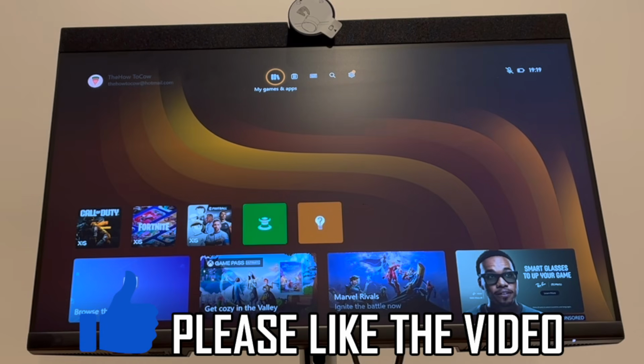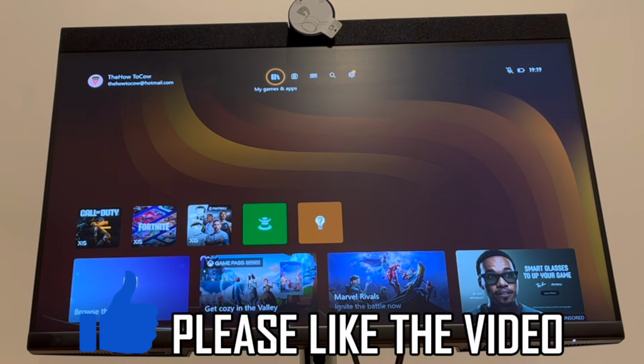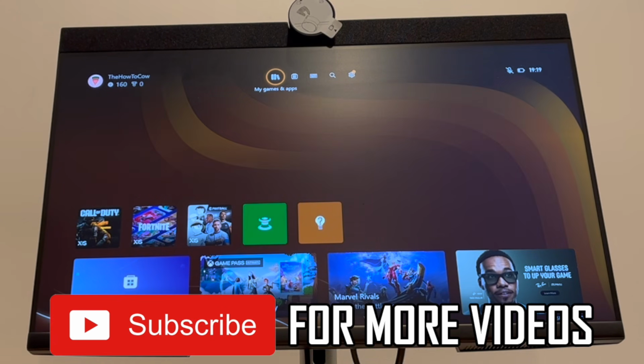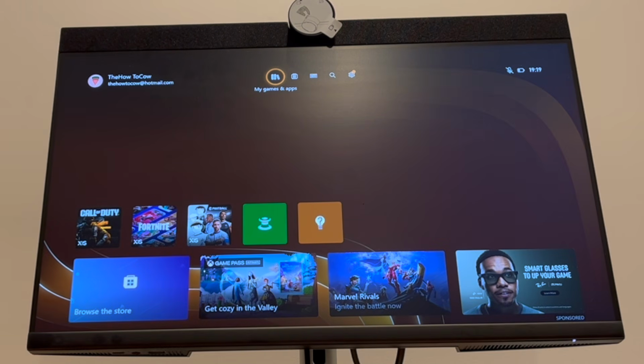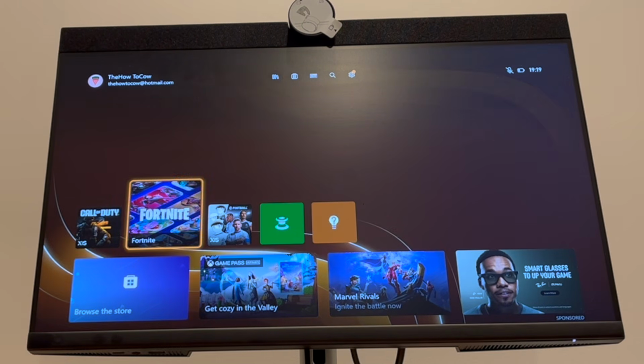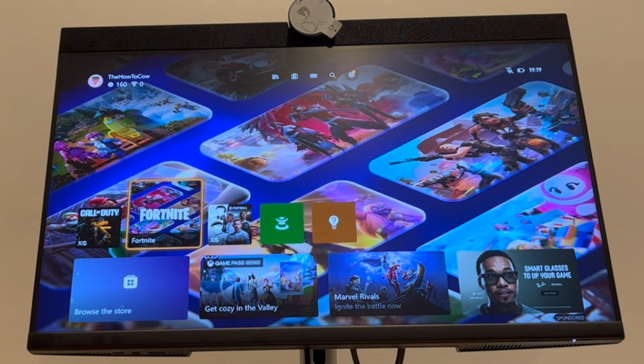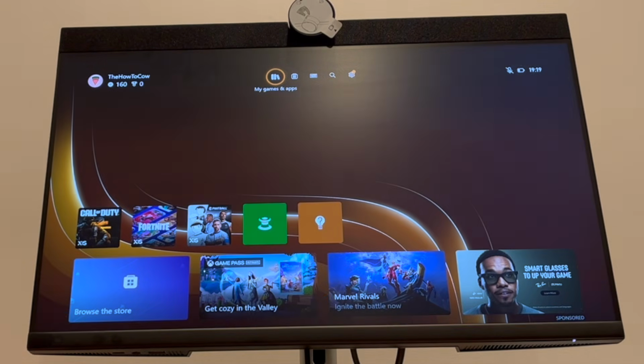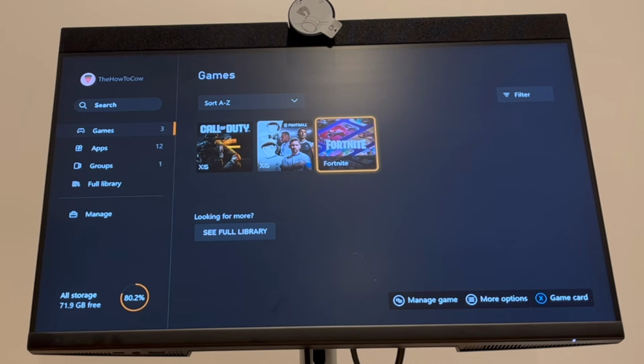How to update Fortnite on Xbox Series S or Xbox Series X. So first of all, once you're on the dashboard of the Xbox, the home screen of your Xbox Series S or X here, what you want to do is, first of all, go to the top where it says My Games and Apps, click on A, then scroll along to Fortnite, then you want to click on the menu button